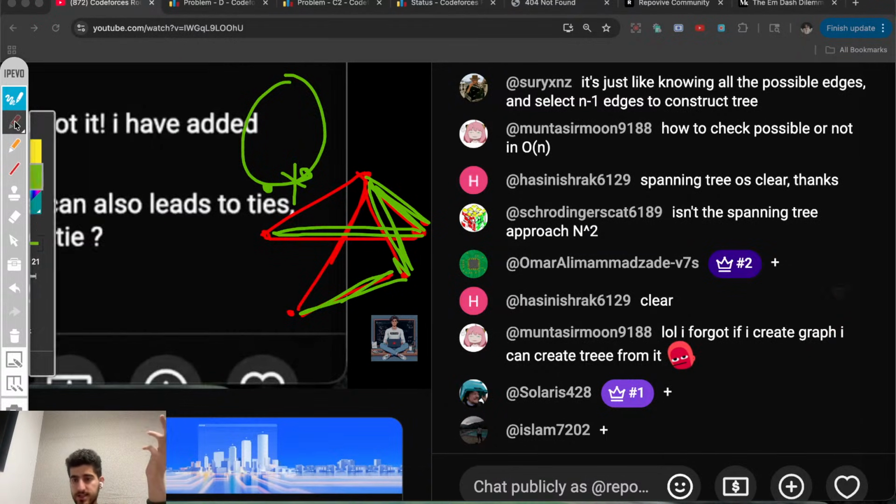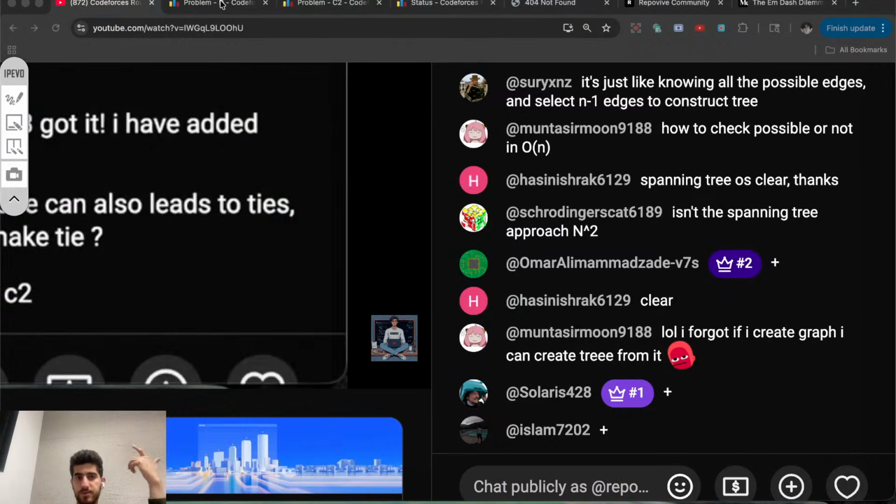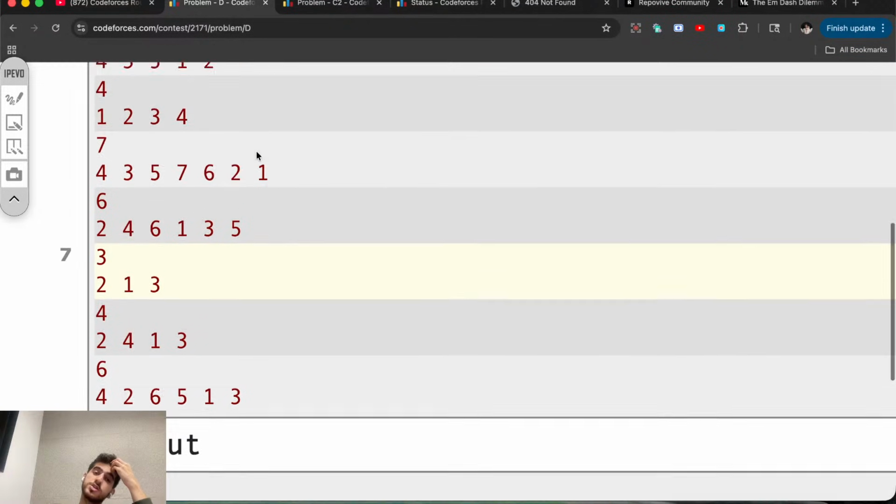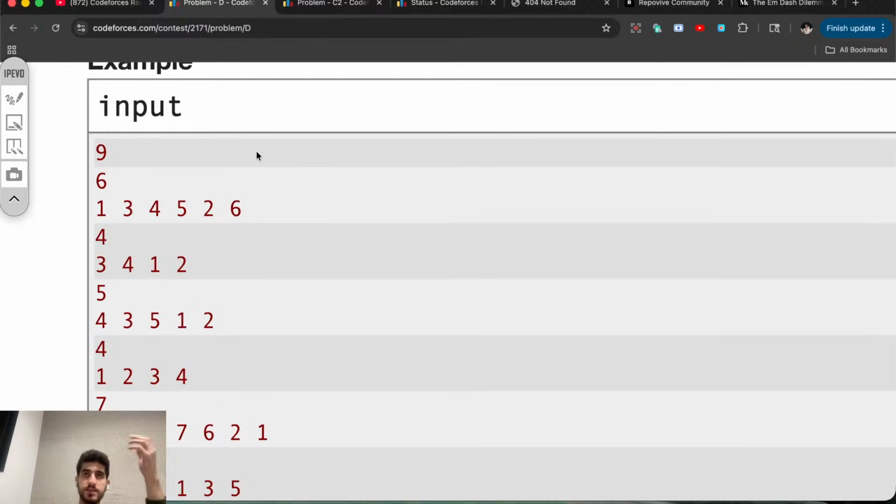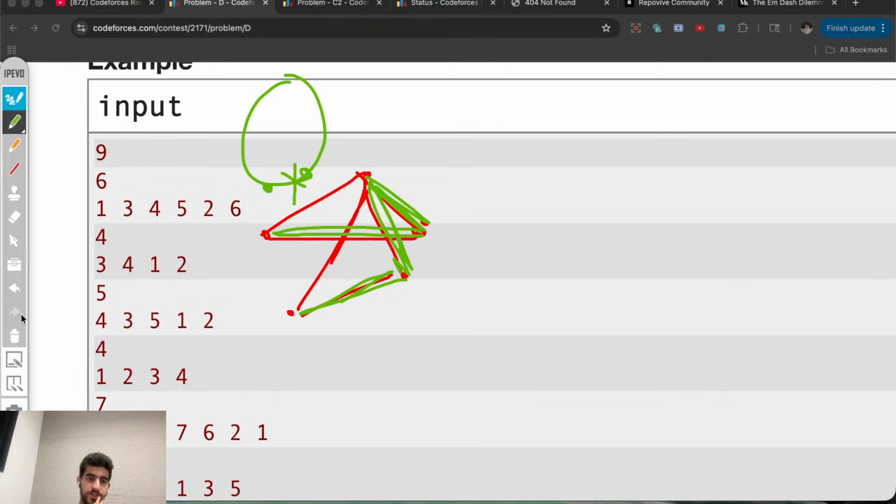If you have a connected graph, then you can create a tree out of it. Each time you can, from a cycle, just remove one edge. So now the question is: is it connected or not? How can I check if it's connected or not? Again, we will think. At each position that I come,